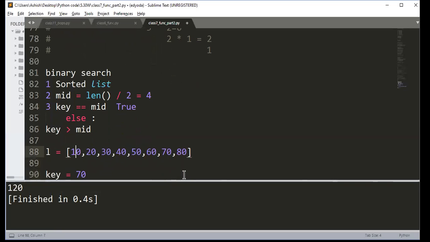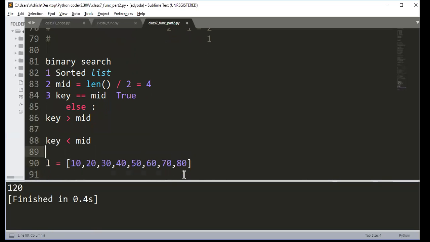Okay. So in this case, we have taken key is 70. I'll check two conditions: if key is greater than mid or key is less than mid. As my array is sorted, if I say my key is greater, then even if the key is present, it should be present on the right hand side, right? Logically. If I'm saying it is less, then it should be present on the left hand side. So what I'll do, if it's greater than your key, I will pass this list which is on the